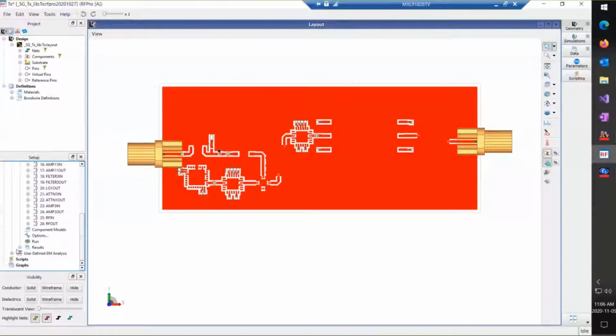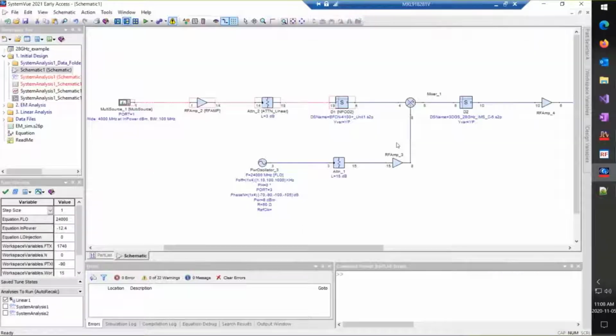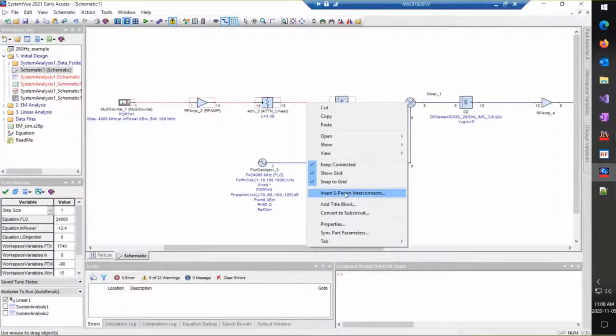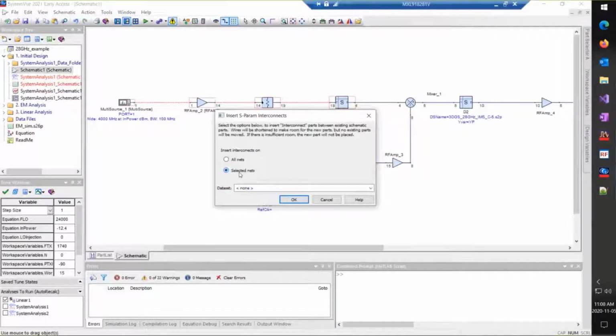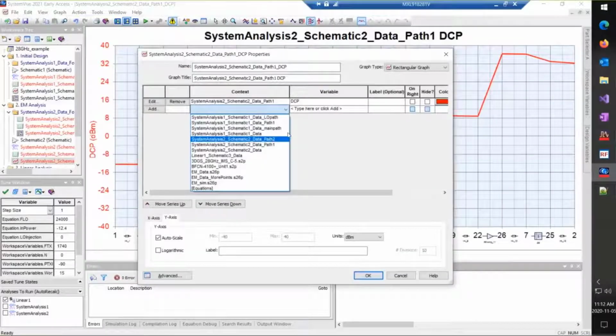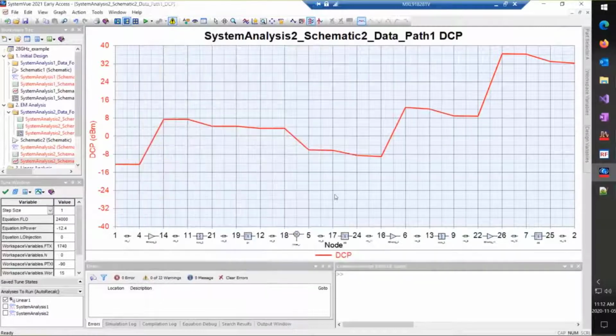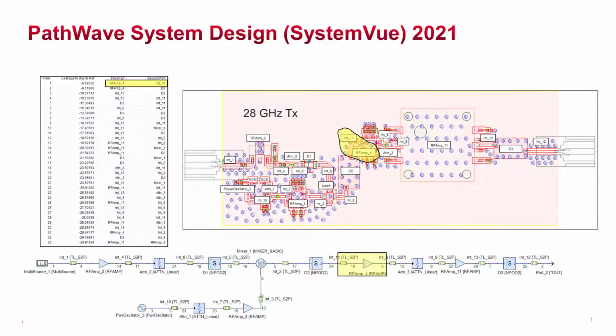By reading in a multi-port S-parameter output from a 3D EM solver, System View can model all the layout-dependent coupling paths. The tool also offers analytic capabilities to identify which interconnects are causing the most leakage power at any given point in the design, allowing for fast adjustments to layout, enclosure, and improved system performance prior to implementation. The feature works seamlessly with Keysight's RF Pro EM Solver in ADS, but also accepts inputs from other 3D EM